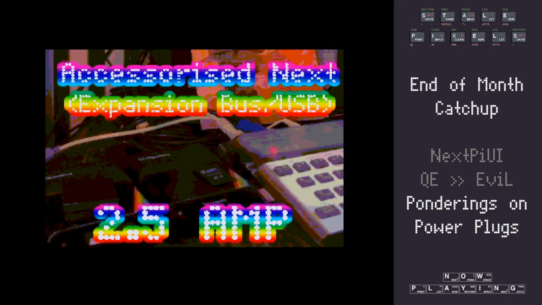Now, I call this the accessorized Next. So basically, you're using your expansion bus, you're using your USB. If you've got stuff plugged into your Next that has moving parts, so mass storage, a controller that has vibration motors in it on the USB through the Pi, or floppy drives, or printers, or microdrives, anything that has a motor or a vibration widget, stuff like that,